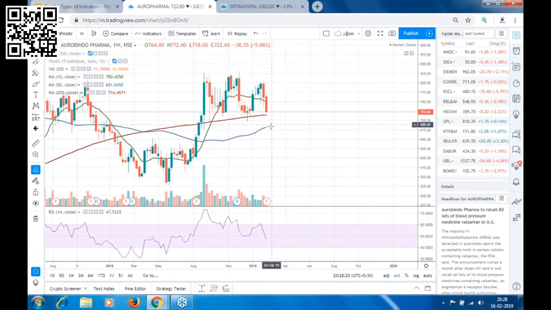Then you will have another support at around 681 level, that is the 50 period moving average support. But if there is not a gap down opening and Oro Pharma opens around 720, until this weekly support is broken, we can't take a short trade in Oro Pharma. And we don't want only this support to be broken. We want the closing to be below this support.